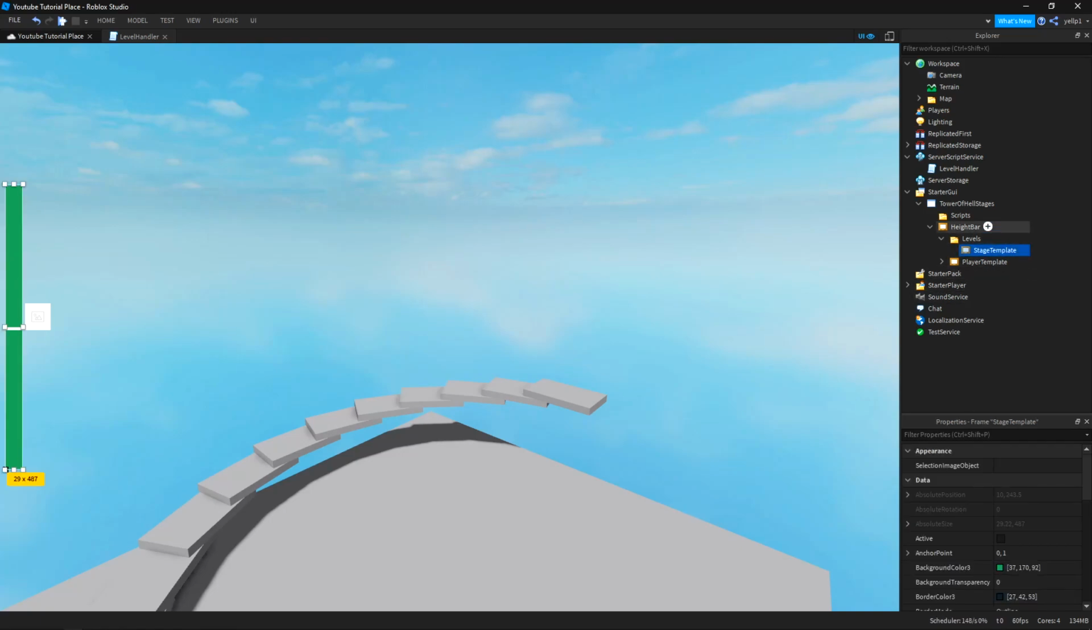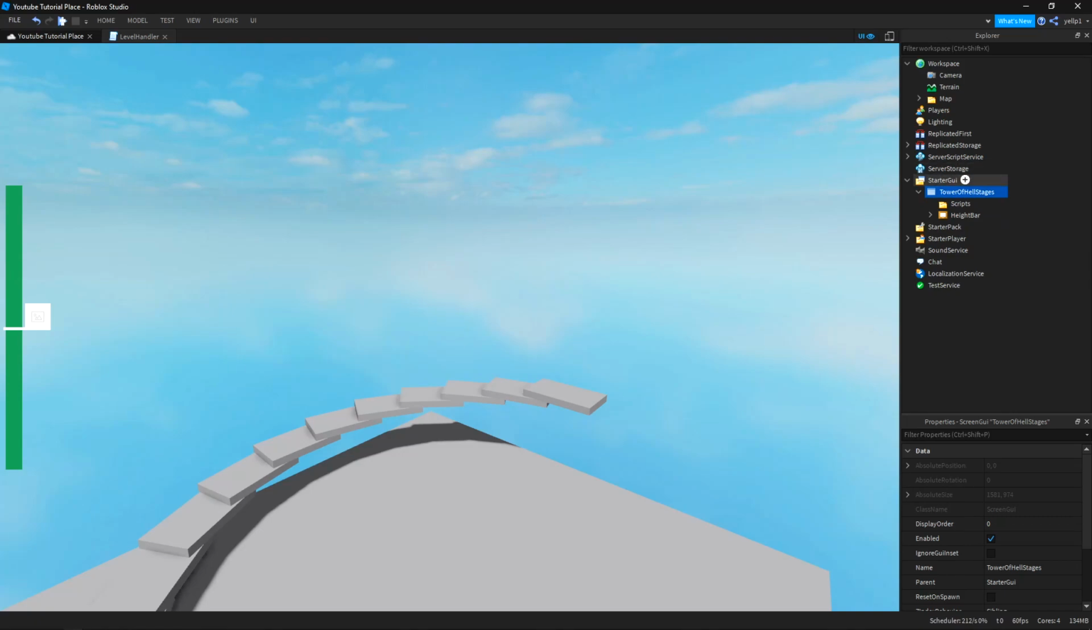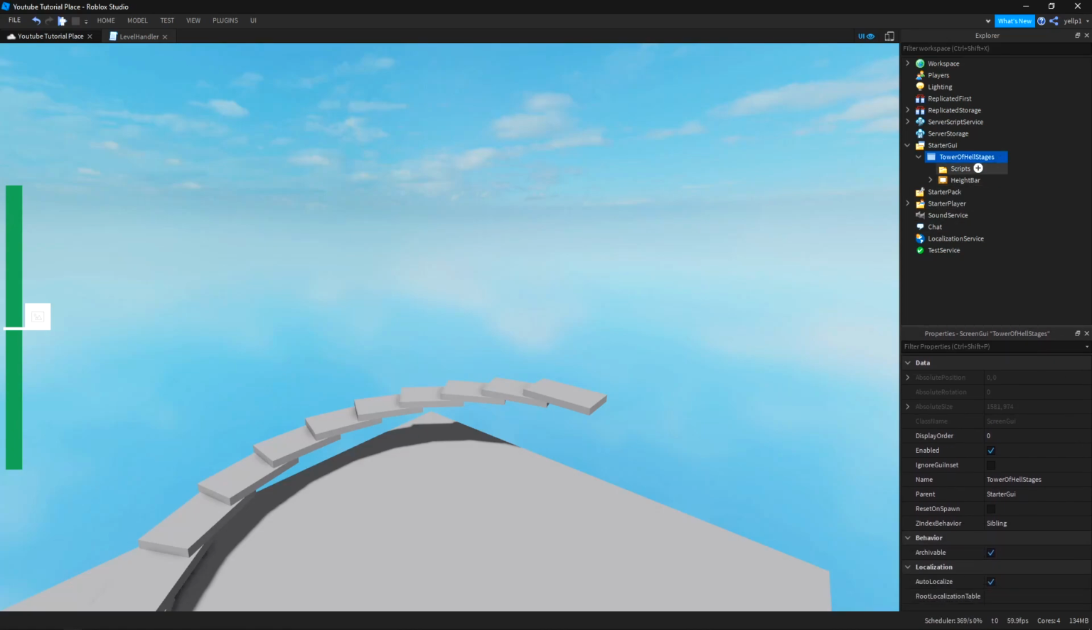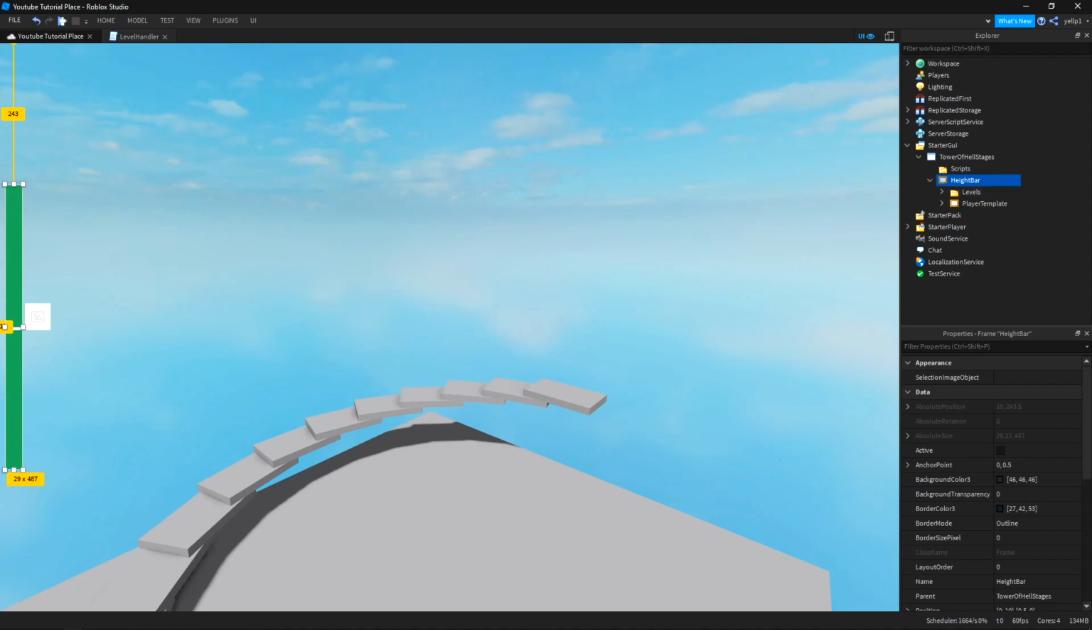So what you want to start out by doing is creating a GUI in StarterGui, and let me just close these so you get them out of the way. You want to put a ScreenGui in StarterGui, and name it whatever would help you remember the name. Then insert a folder called scripts, and insert a frame called height bar, and just make sure that